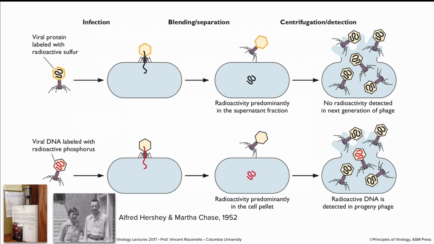He then asks, when you shear off the phages, where is the radioactivity? It's predominantly within the cells. And then in the next generation of viruses that are produced, the progeny phage, the radioactivity is in them. So it gets into the DNA and in the new phages. So this tells you that the DNA is the genetic information. We'll do another experiment today to prove this, to support this. But this was the key experiment.